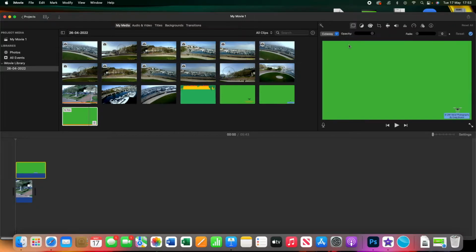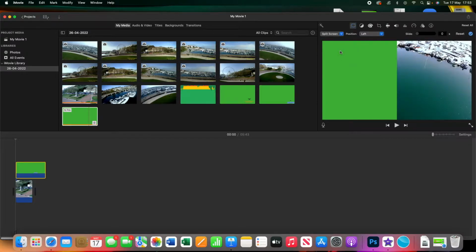Then you click that, and you are given options. Now you can cut away, green screen, blue screen, split screen, picture in picture. Now green and blue screen takes out the green and the blues. Split screen would give you a split screen with a video beside it, or picture in picture,